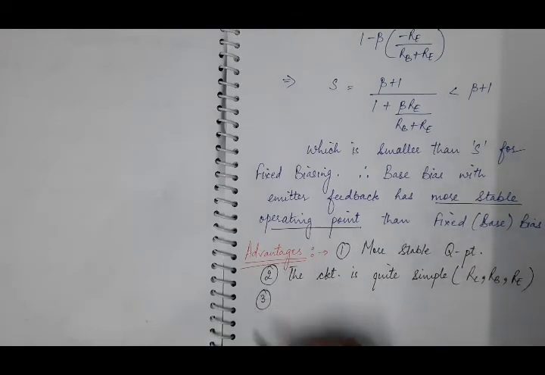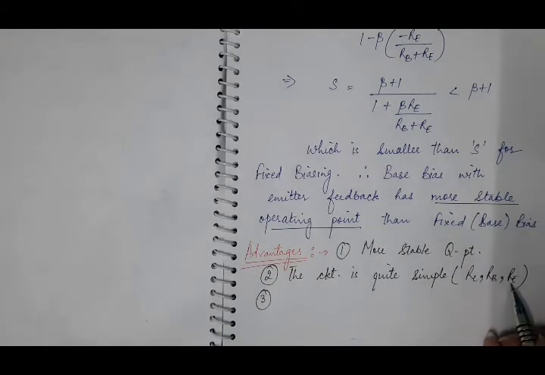And the third one is this resistor RE. Because of the high voltage drop across RE, the IE-RE factor increases, which I have already told you. Because of that, the IB-RB factor decreases. It means IB decreases, and the decrease in IB will compensate the increase in leakage current. So the collector current will not rise to a dangerous value, and thermal runaway of the transistor will be avoided in this case.